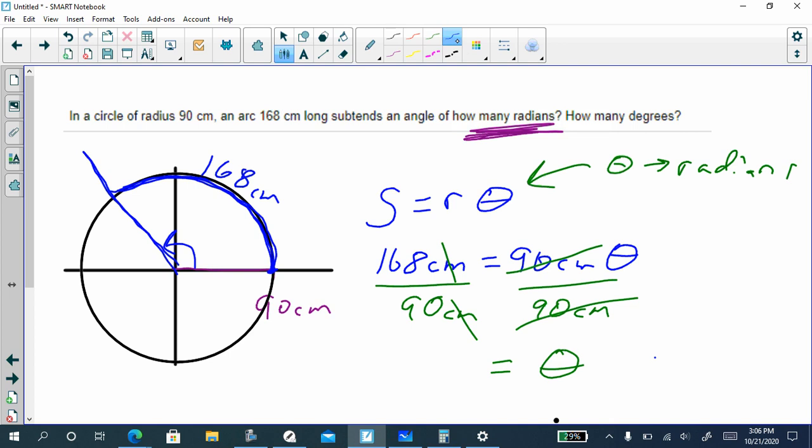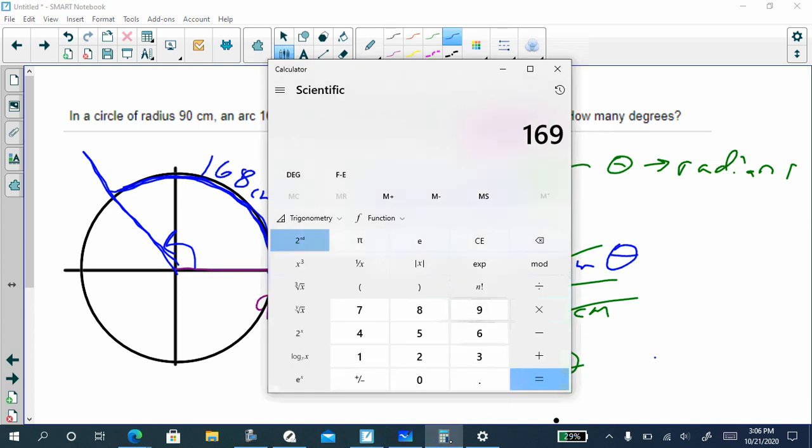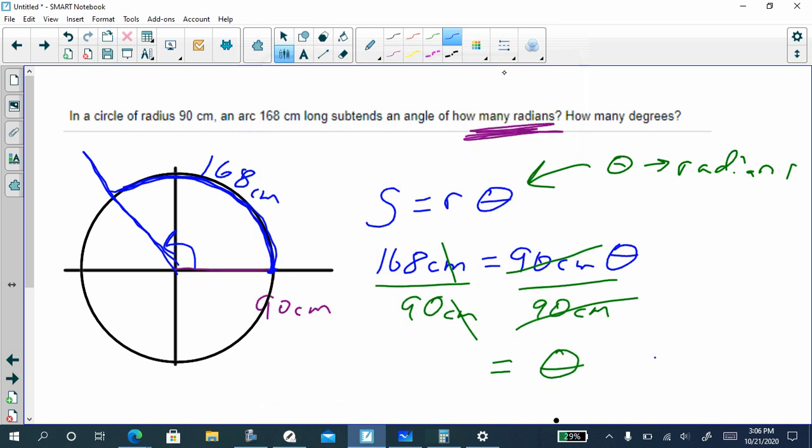We could divide both of those by 2. We could divide them by 3, so forth. Or we could get this as a decimal. I'm not sure which format they ask for. Let's see, if I do 168 divided by 90, that's going to give me something that has a decimal that goes on forever. So